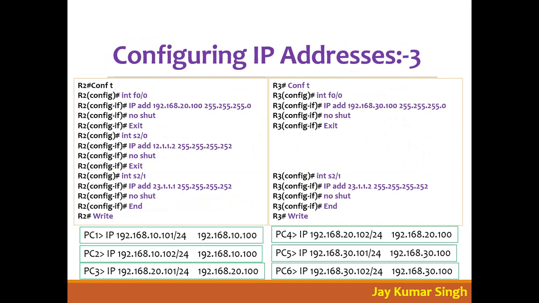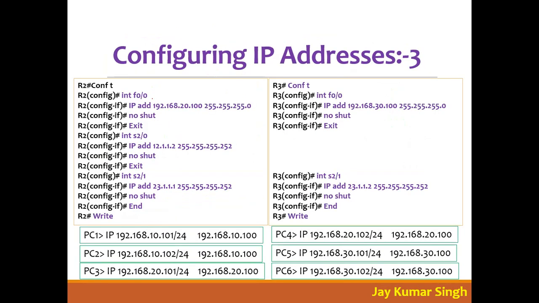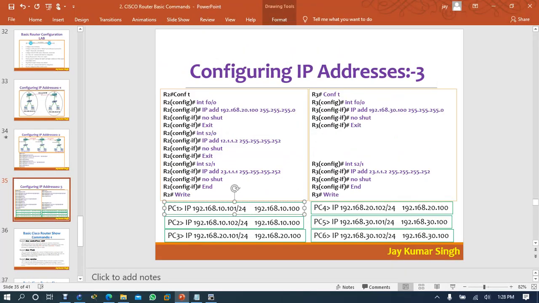Okay, no shutdown to enable the interface. And then see router 2 configuration. So how many interfaces does router 2 have? Three interfaces: serial 2/0, serial 2/1, and fast ethernet 0/0. So I have written like this, see 0/0 like this, serial 2/0, serial 2/1, like this, right? The PC IP address I have already written here. Only one mistake is there: it should be a small ip, not a capital IP. Yes, here it will be a small ip, not capital IP. Okay.